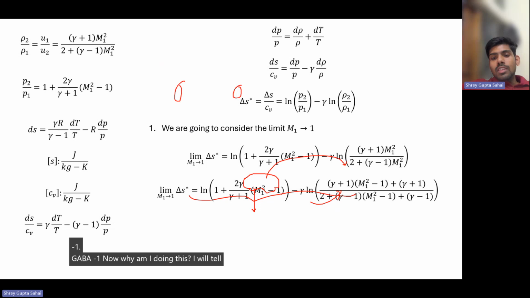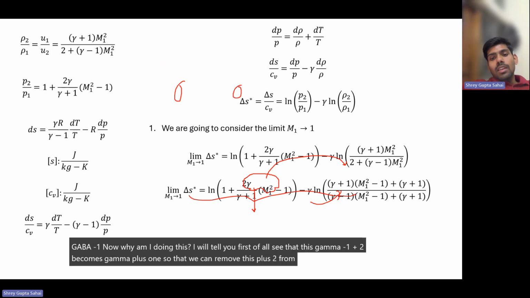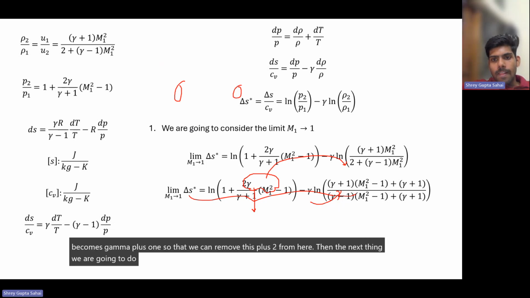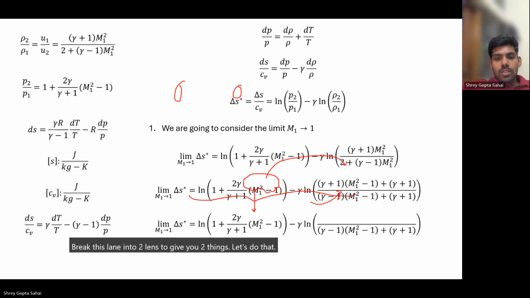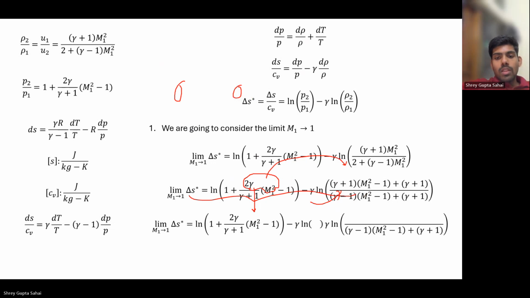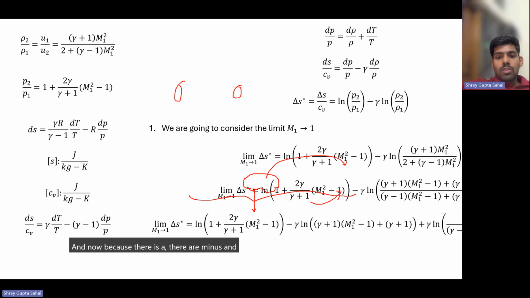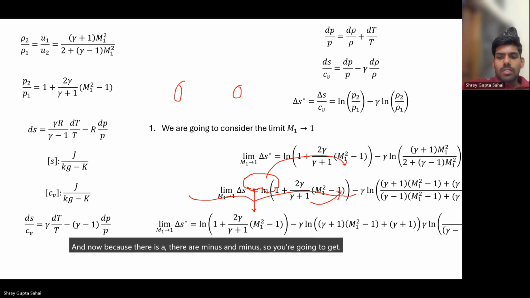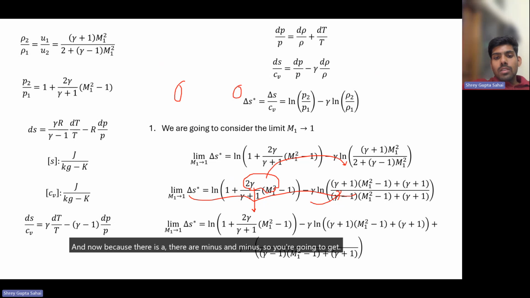I'll tell you. First of all, see that this gamma minus 1 plus 2 becomes gamma plus 1, so that we can remove this plus 2 from here. Then the next thing we are going to do is break this ln into two ln's to give you two things. Let's do that. And now, because there are minus and minus, so you're going to get, yeah. And then